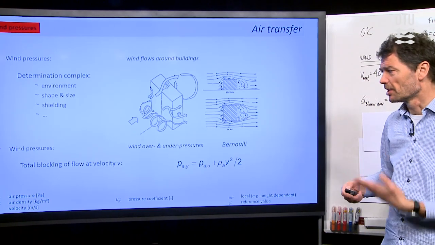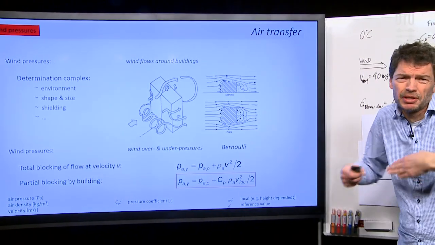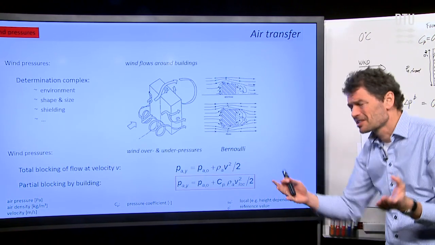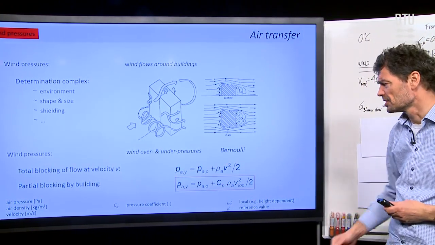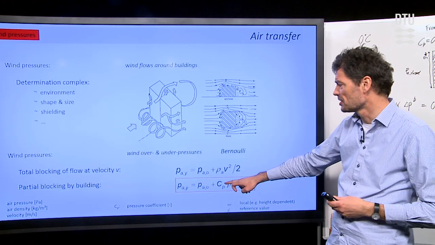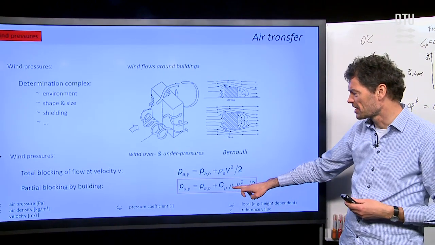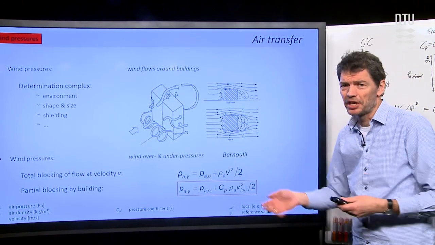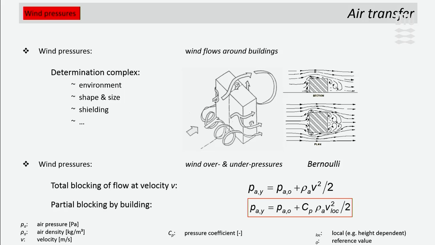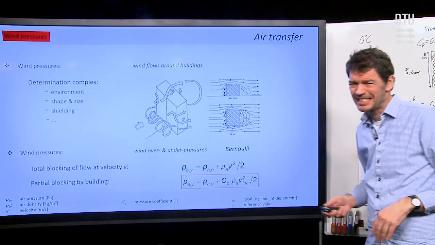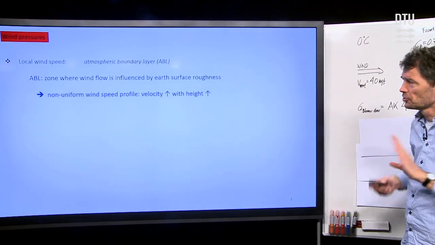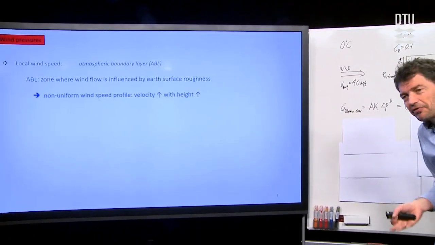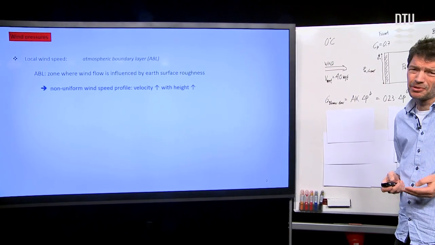of the building. But it is a building, so it's only partially blocking the wind, and there's still a little bit left in the velocity. So we have pressure coefficients that tell us, as a modification to the total blocking, how much pressure we get on the front and also on the back sides of the building, whether the pressure coefficient is a positive number between 0 and 1, or a negative number. So this we can use to drive the air through the building components when we know those air